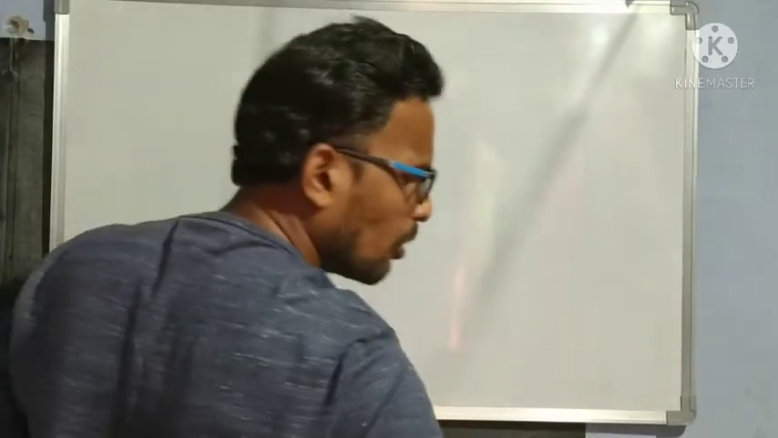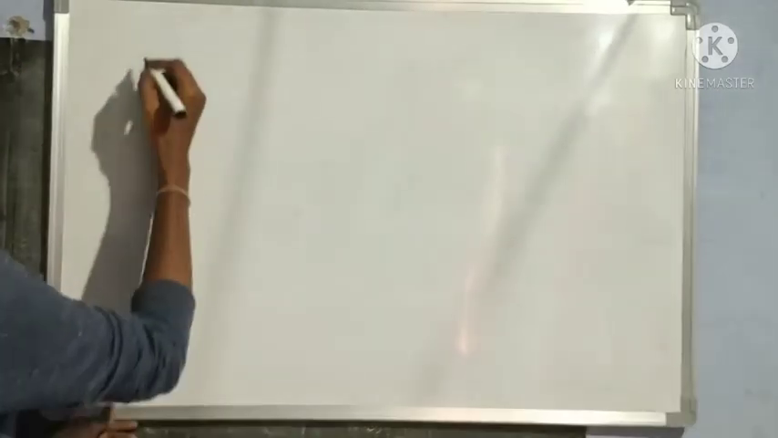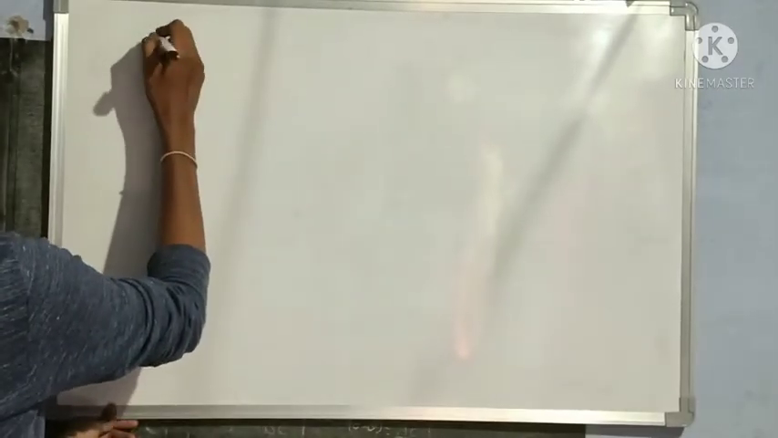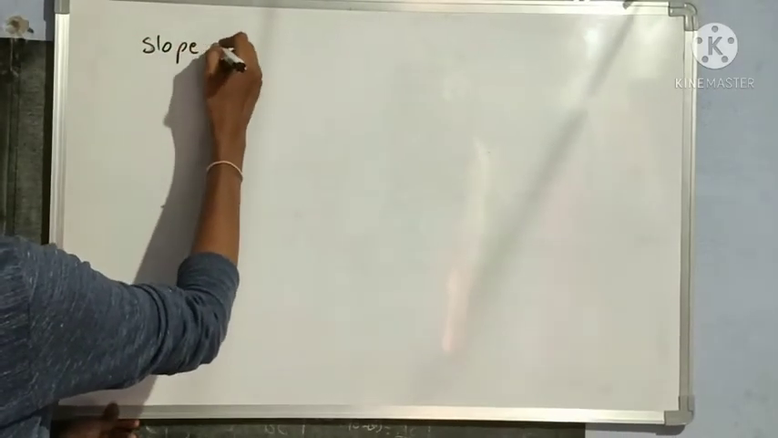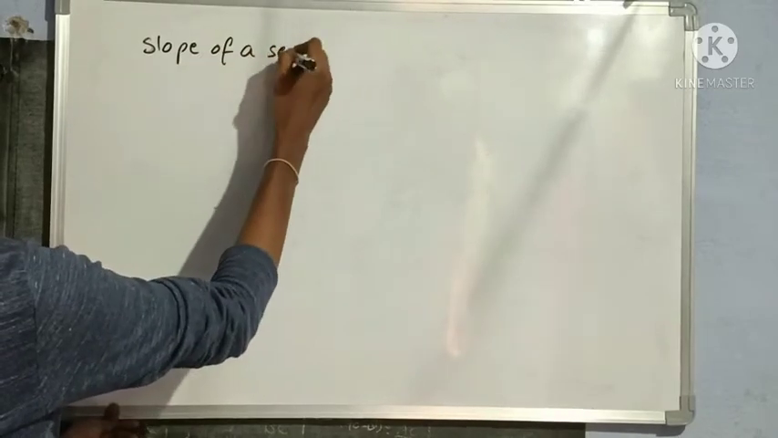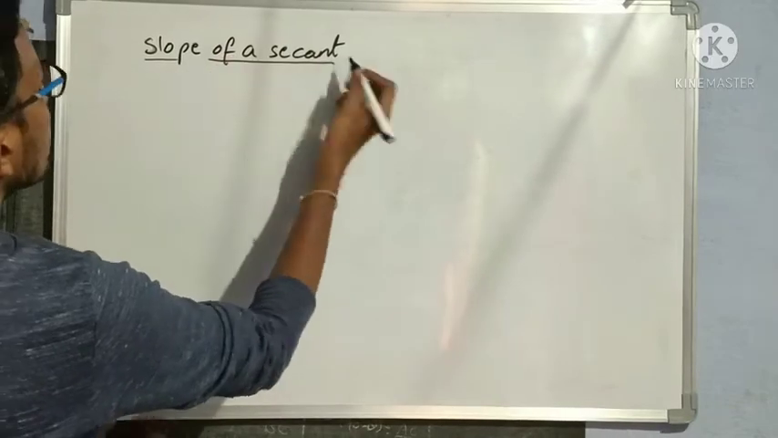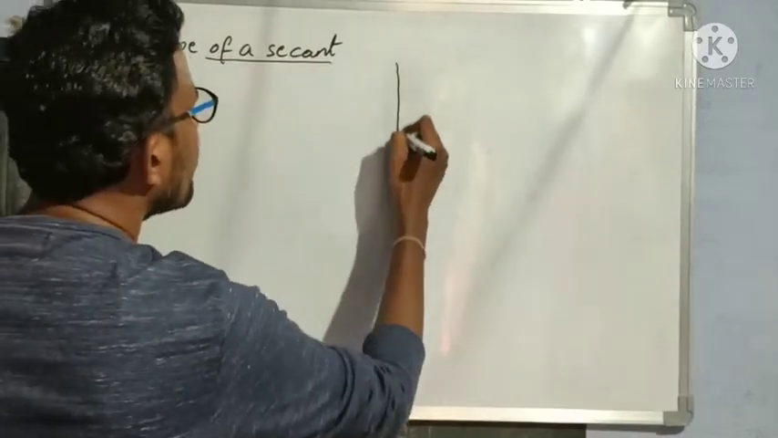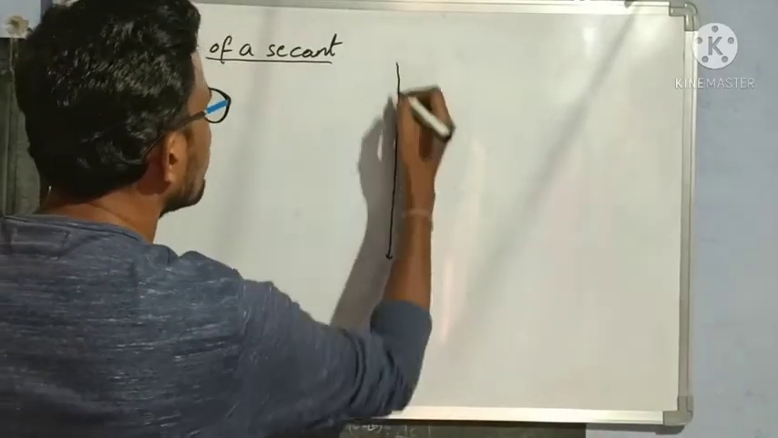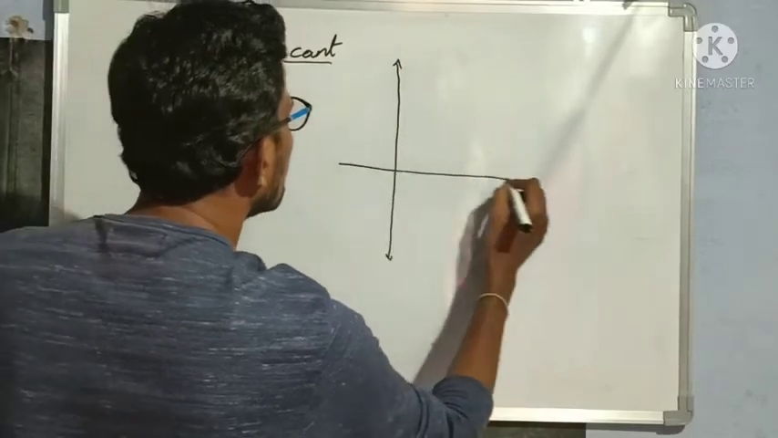Before going to that, slope of a secant. Yes, slope of a secant is nothing but slope of a line, the same as whatever I have explained till now. That is also the slope of a secant. Am I correct? Why? Because